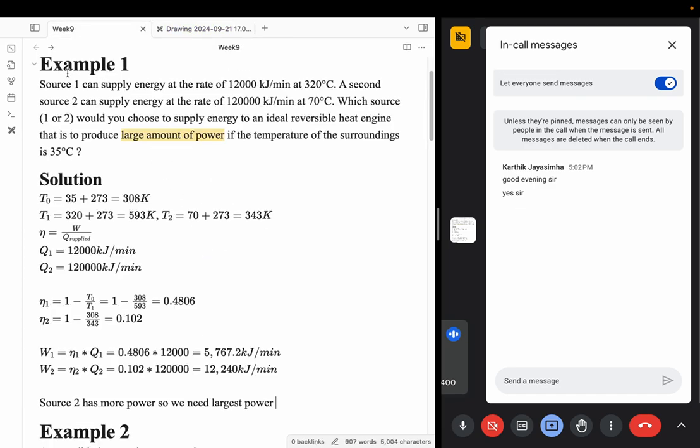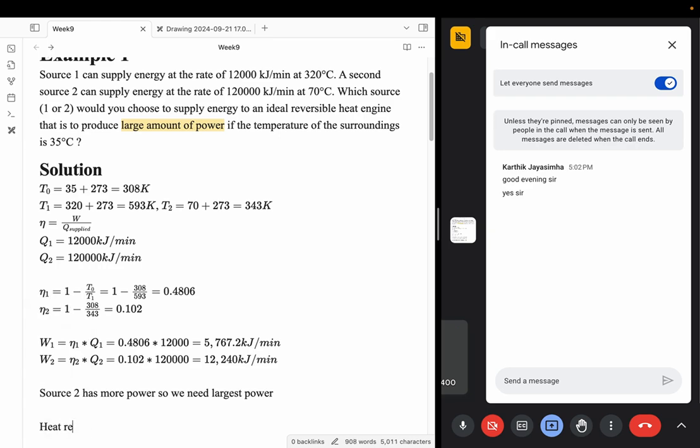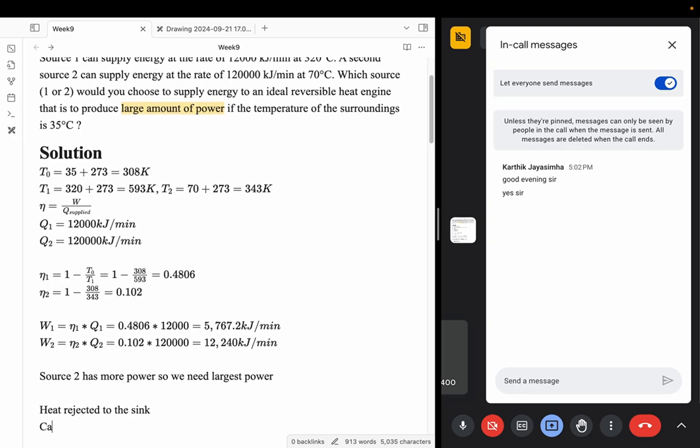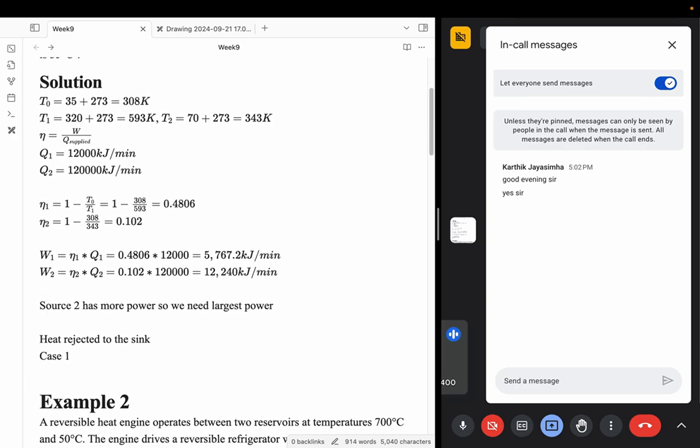But in our problem, 1 refers to heat engine 1 and 2 refers to heat engine 2. These are two different heat engines. You can calculate Q2 also, but how do you calculate Q2, like the heat rejected to the sink for reservoir 1? You again use the law that net entropy should be 0 because it's a reversible cycle. So that will give you Q1 by T1 is